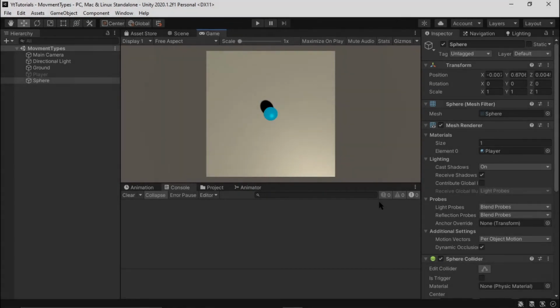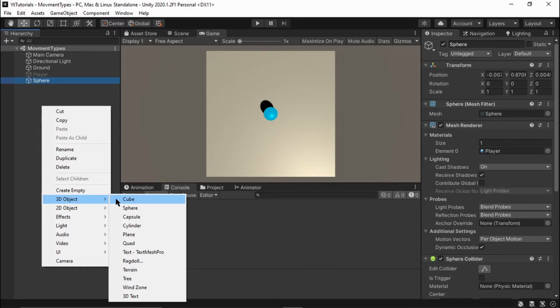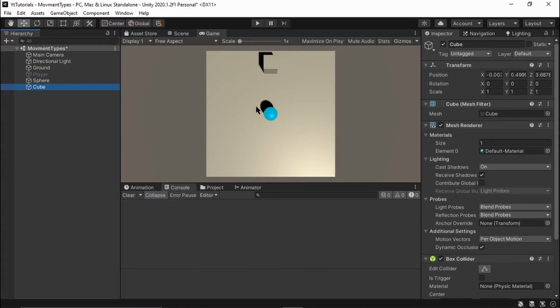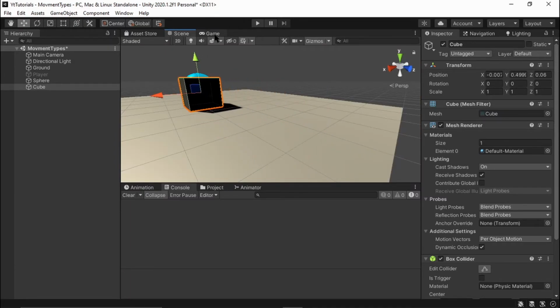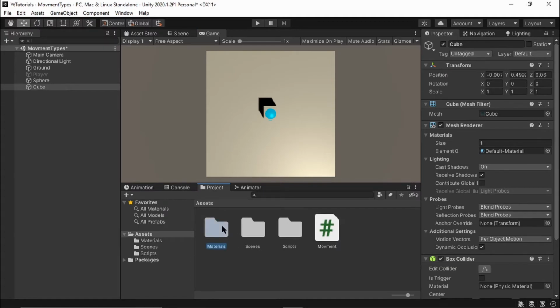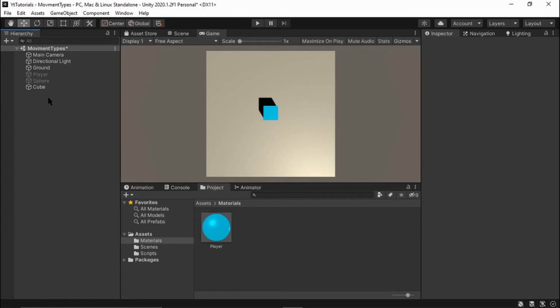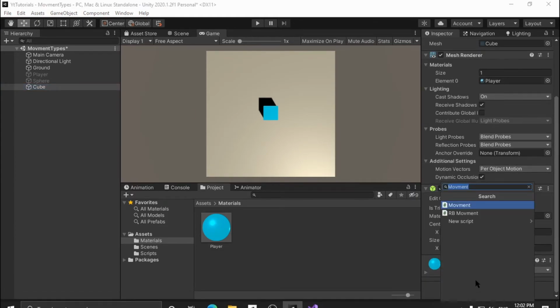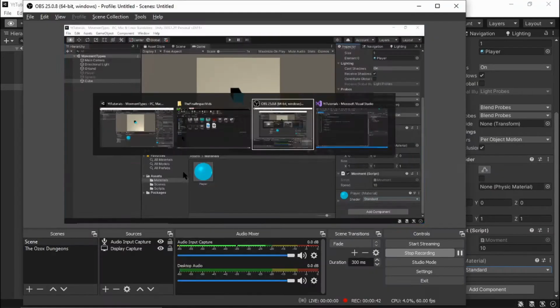Now Rb.Velocity works best with cubes and other objects that do not roll around, and that is because when an object is rolling, like the sphere, the velocity starts pointing downwards, which messes up the velocity and causes it to attempt to run into the ground, and we don't want that. So let's just quickly create a cube, color it, we disable the sphere, and let's put our movement script here. We can set our speed to around 10, and we can go into